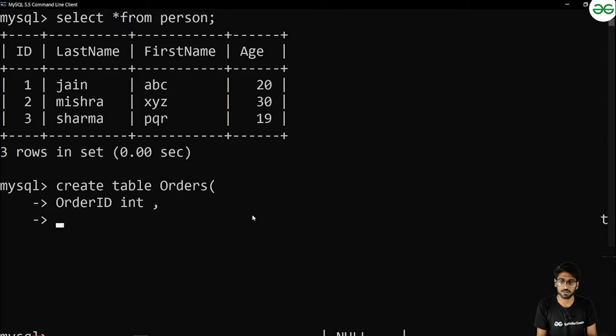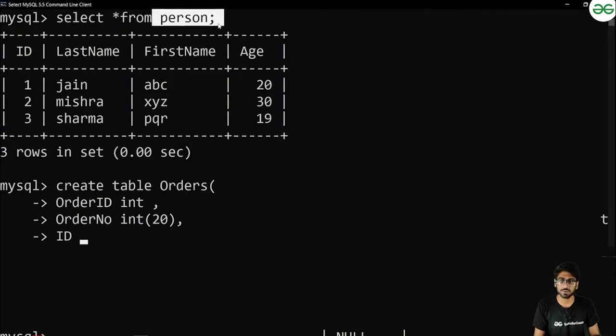Then the next column name will be order number, and the data type should be integer, and the size should be, let's say, 20. Okay, so after that we have to add another column which will be the foreign key, and let's say the name will be ID. The ID should be the foreign key which should link it to the other table, that is the person, and the column name should be ID, right? So the data type should be integer,